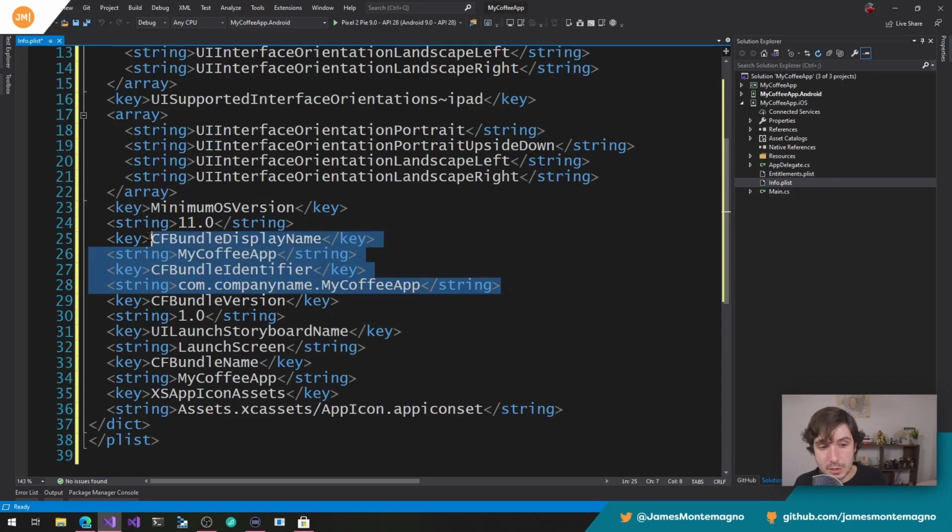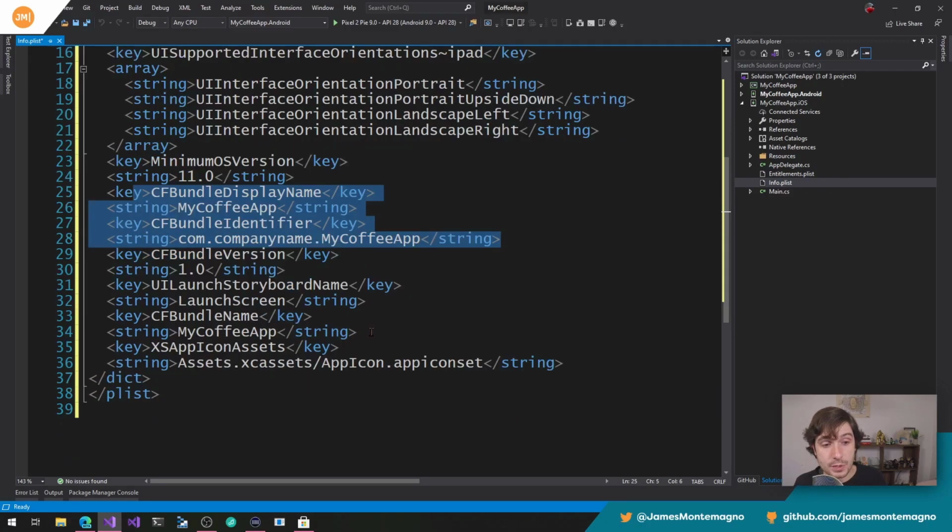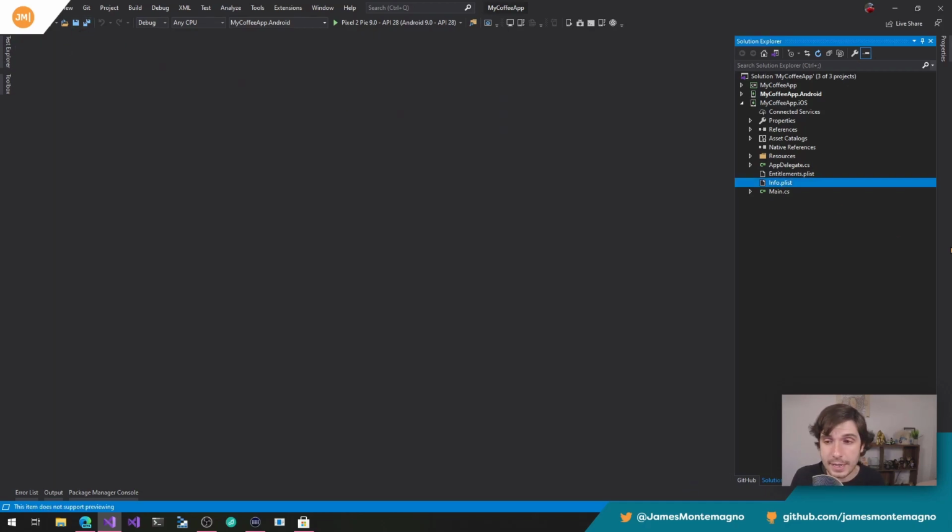This is important, the display, and also different information like my bundle name. So I may want to change those if I want to down the road. Most of them are displayed in the UI, but some of them aren't, such as adjusting the different permissions as well. So that's something that's there. You can see it in XML form.